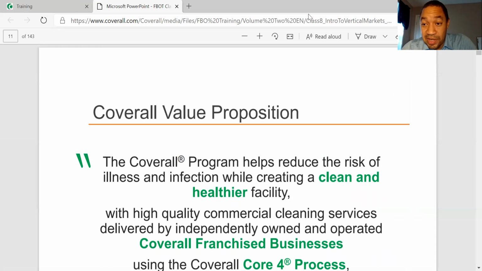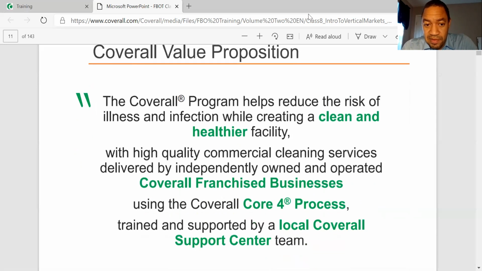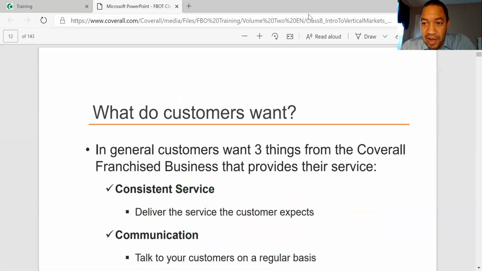That's very important. So it's independently owned, which is you, franchise businesses using the Coverall Core 4 process. There's Core 4 again, trained and supported by a local Coverall support center. That's what we're doing right now. I'm the support center, or a part of the support center that is training you and supporting you in your